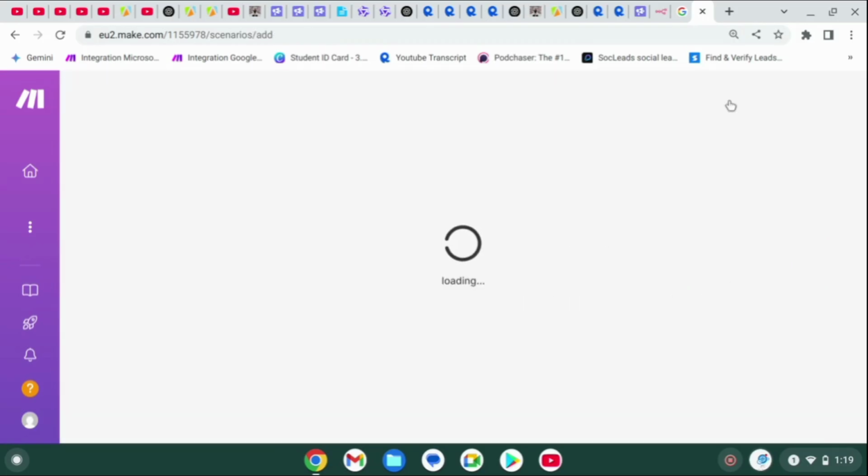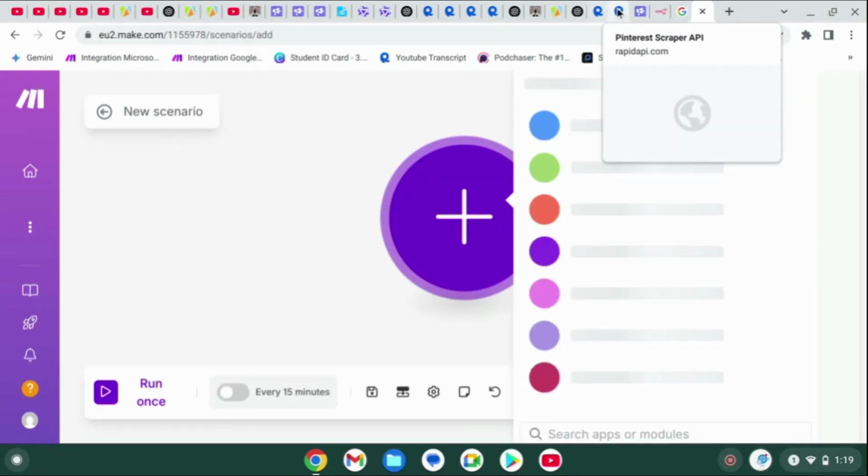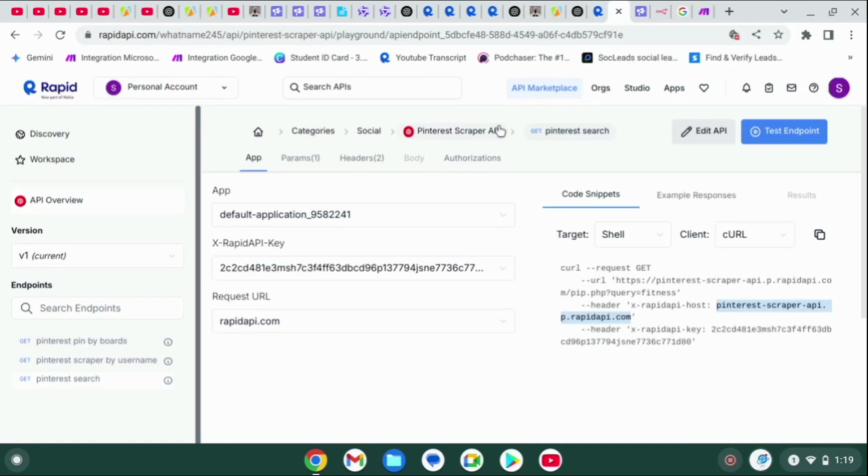You need to wait. So I use the platform Rapid API. If you don't know it, just sign up and create an account, and visit this Rapid API URL to scrape Pinterest. So I can scrape my Pinterest account to build this. Simply I copy this URL and visit my workflow,